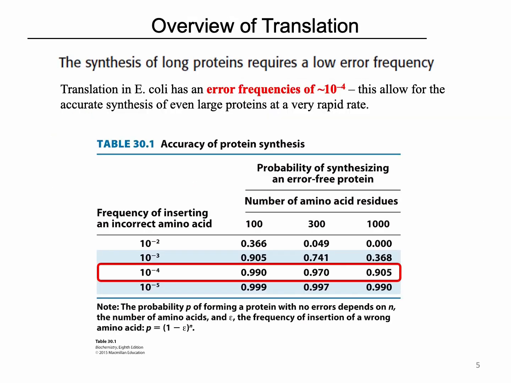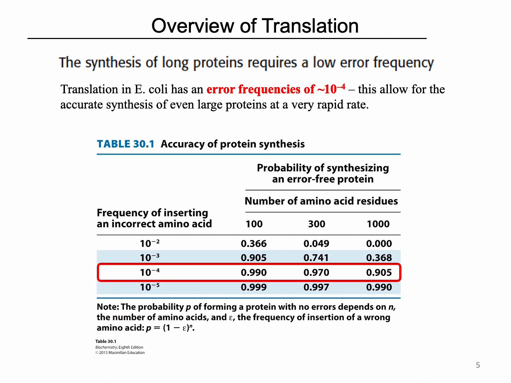Okay, another really, really cool thing about the ribosome is just how good it is. There are very, very few mistakes. So we think about it in terms of this thing called the error frequency. And in E. coli, translation has an error frequency of around 10 to the minus fourth. So one mistake in about 10,000 tries. That's really awesome. And it's also really, really important, right? Because if we had more mistakes, then it would be really difficult to synthesize the correct